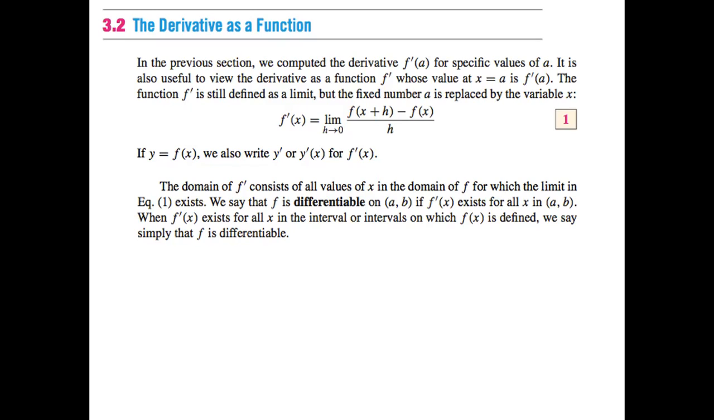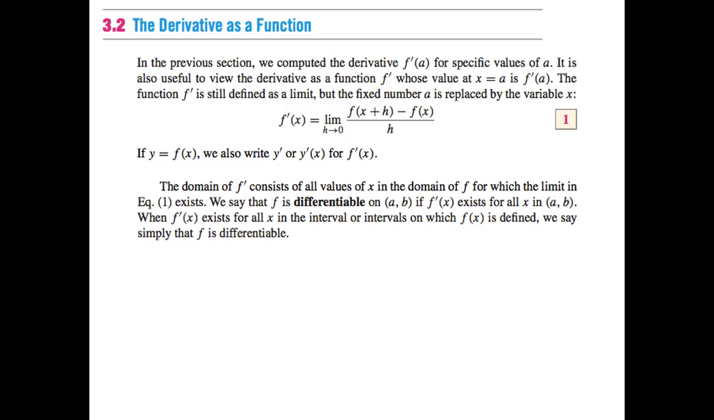So in the previous section, we defined what the derivative is. It's the limit of the difference quotient that you see there. And in fact, I gave you another definition too, where you could also think of it as the limit as x goes to a. And sure, we computed the derivative for specific values of a. But it's also